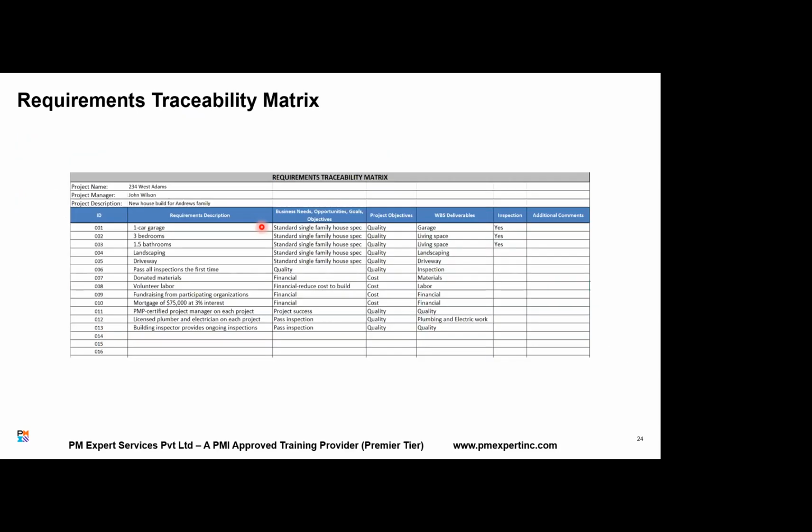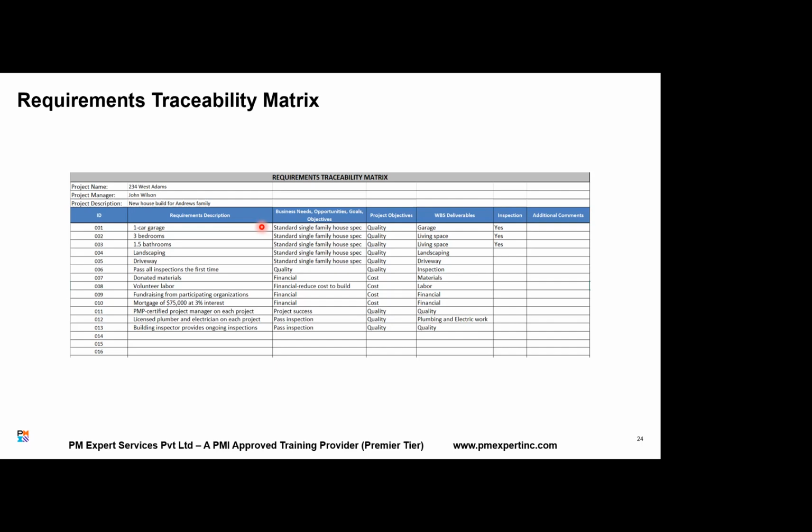Requirement traceability matrix, right? Now, what is a requirement traceability matrix? First, I'll give you the basic definition. I'll show you two or three different requirement traceability matrices, though in the current PMI documentation, they have shown only this one. Now tell me,